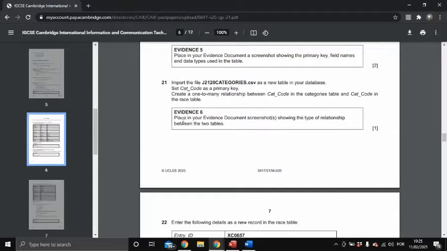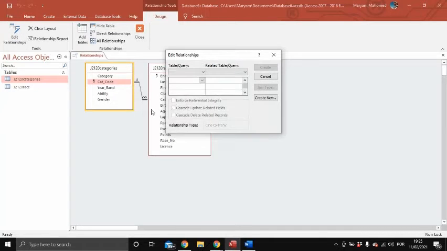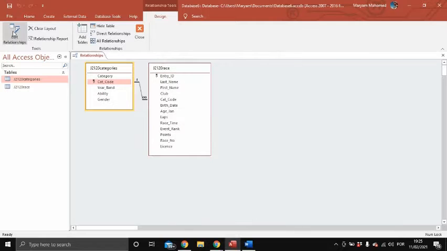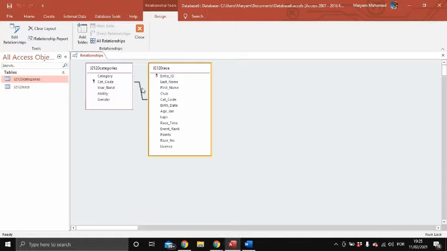Evidence 6. Place in your evidence document a screenshot showing the type of relationship between the two tables. I want to show you something. Always put enforce referential integrity. If you do not put this, what will happen? It is not a one-to-many relationship. Okay,